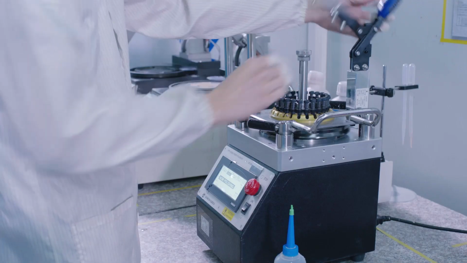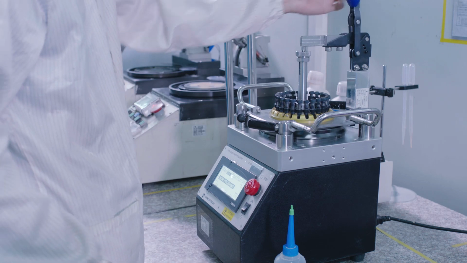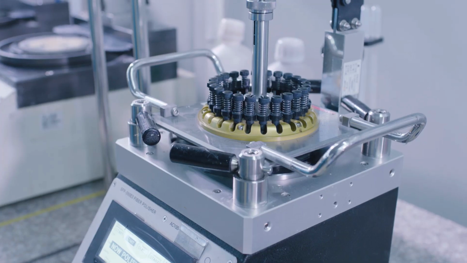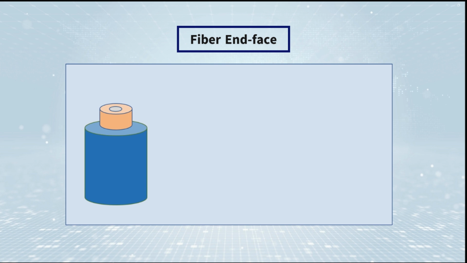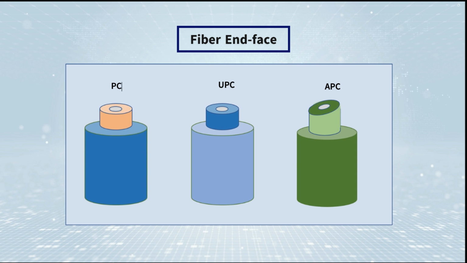In order to ensure precise alignment of two fibers to get high return loss, the ferrule end faces of fiber optic jumpers are usually polished at different angles. According to different end face angles, there are 3 types of optical fiber end face polishing methods: PC, UPC, and APC. The end faces of PC and UPC connectors are nearly flat, and APC is oblique at an angle of